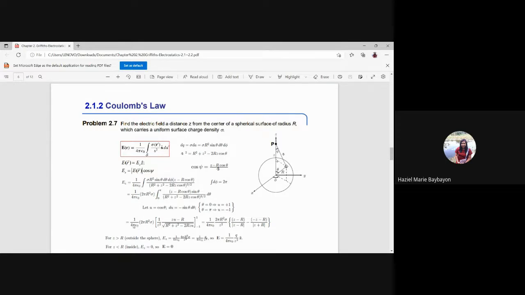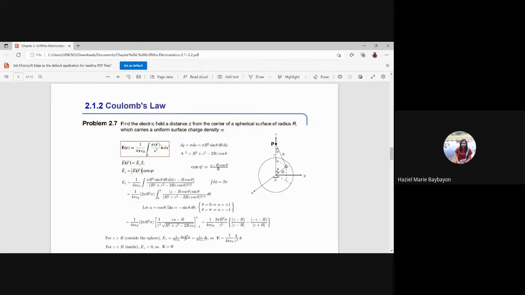Okay, so you have 1 over 4 pi epsilon naught 2 pi r squared sigma. And then, it would be better if we write it out, no? Okay, since we changed variable, so you have,